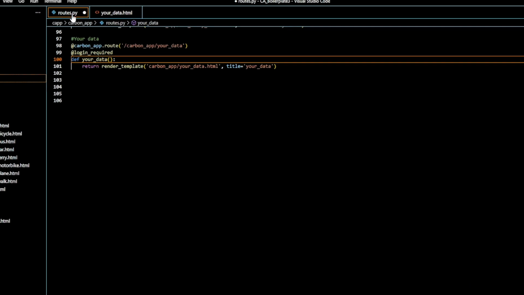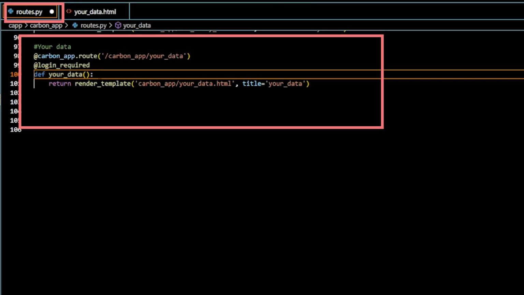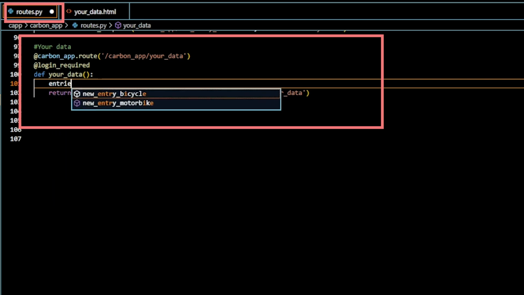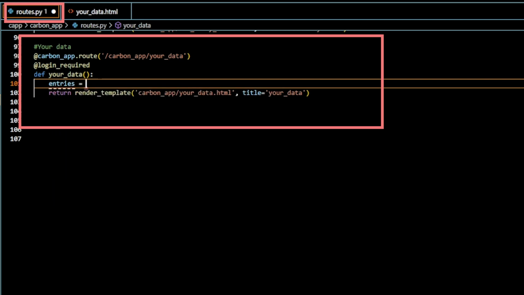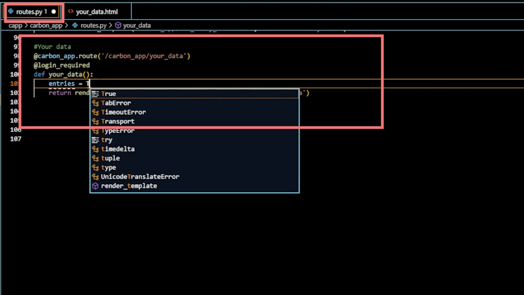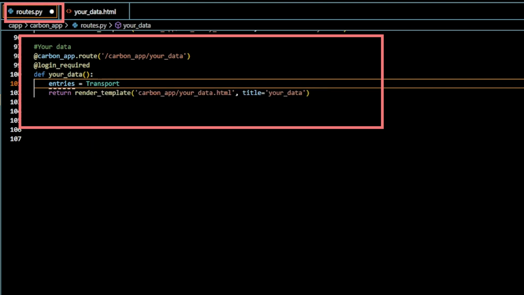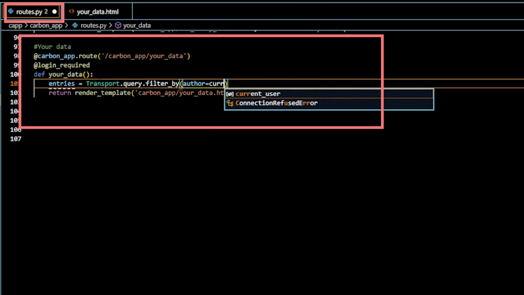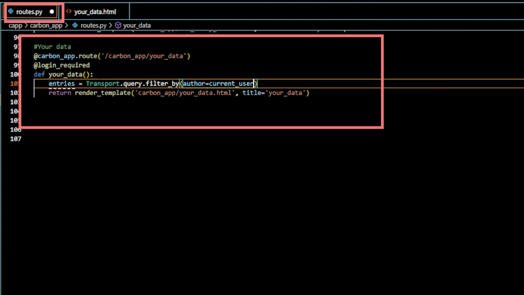Then I am here in the routes.py file inside the Carbonate package, and the first thing that we have to do is to do a query. Entries is going to be Transport.query.filter_by author is going to be current_user,